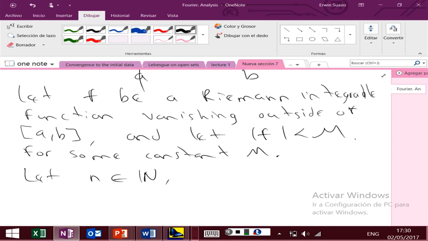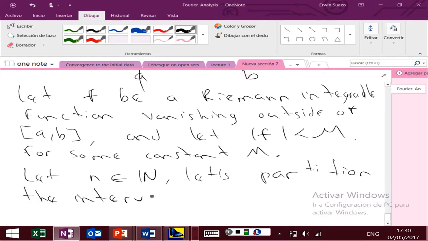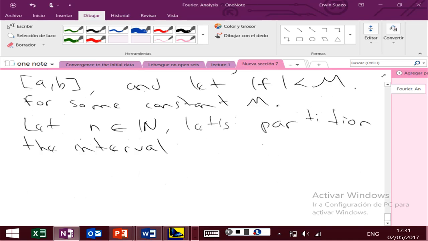So let n belong to the natural numbers. Let's partition the interval a, b, let's put it open,